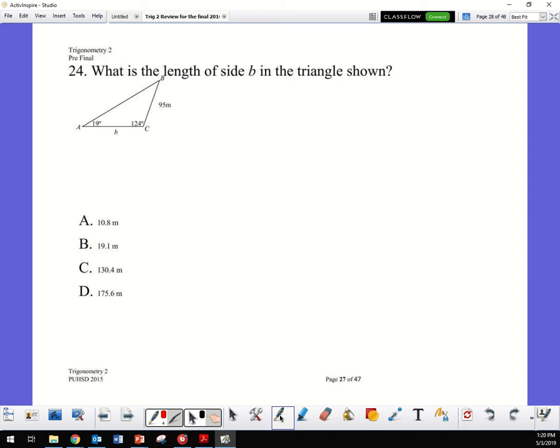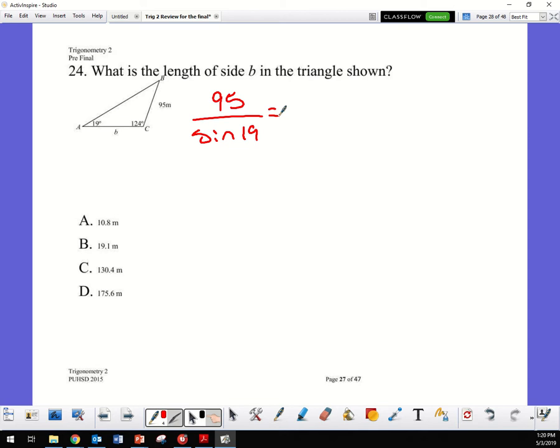19 and 95 meters. Okay, so I have 19 degrees and 95. So that would be big and little a, right? Yep. So it's going to be 95 over sine of 19 is equal to, now the only thing we can solve for is AB here, right? Which is going to be,